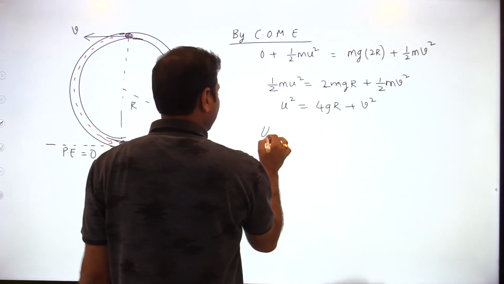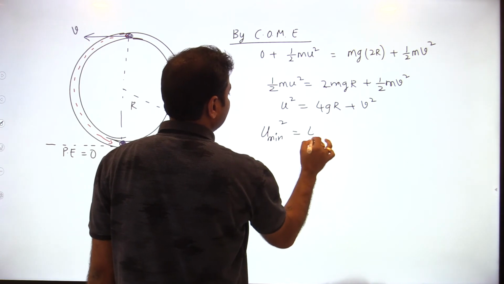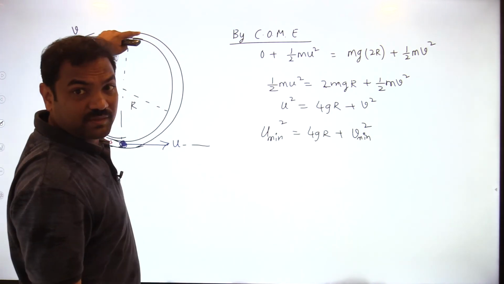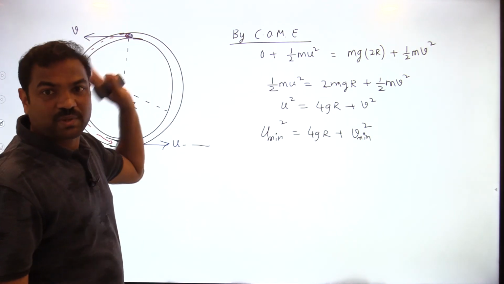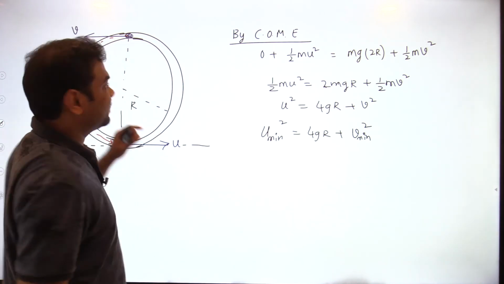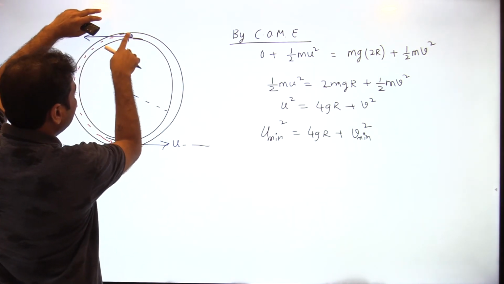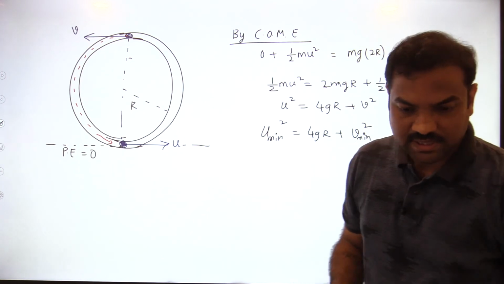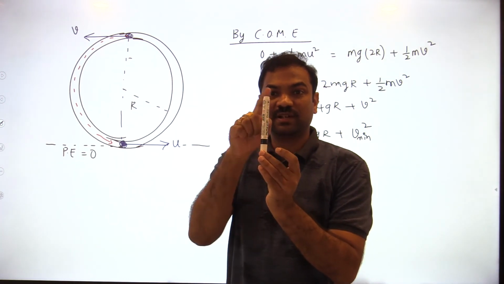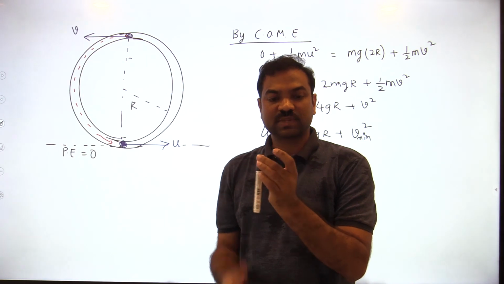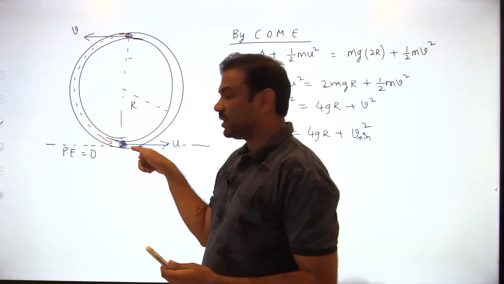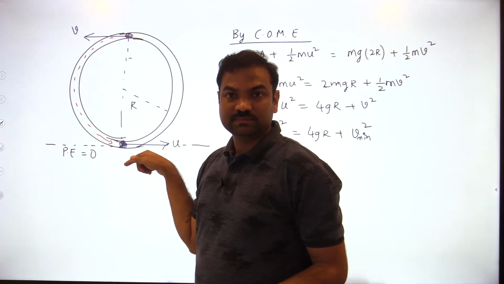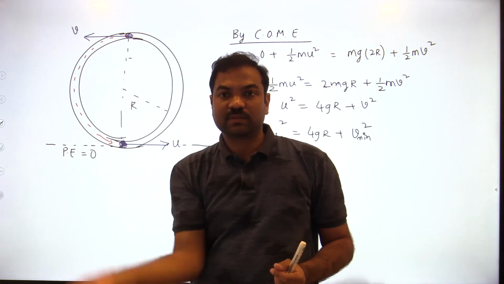Now we require the minimum velocity to complete the vertical circle, so u square equals 4gR plus v minimum square. What is the minimum velocity possible to complete the vertical circle? See, the particle has to go to the topmost point, that's it. Whether velocity is there or not there, it doesn't matter. Even if the particle velocity is 0 here, it will automatically fall down, just like a rod, I told you. If the rod is at the highest point with 0 velocity, it will automatically fall down because of gravity. Similarly, because of gravity, it will fall down. Am I right or not? Common sense: if you keep it at the highest point, it will automatically fall down.